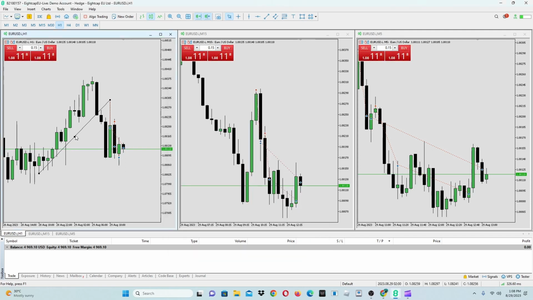But what happened is that I was impatient as usual. First of all, I was impatient entering the trade. Now I'm impatient exiting the trade. Usually I take partials at the swing low of the hourly candle, but since I have targets for the day and I am an intraday trader, I need to have the discipline to go for my full profit. What happened right here is I saw rejection from this area. That's why I collapsed my trade, winning around a 1 to 2 risk to reward ratio,